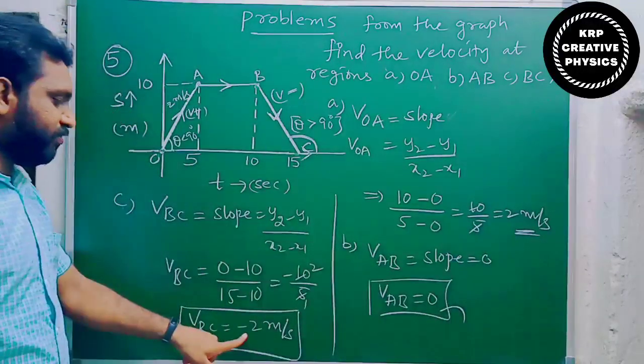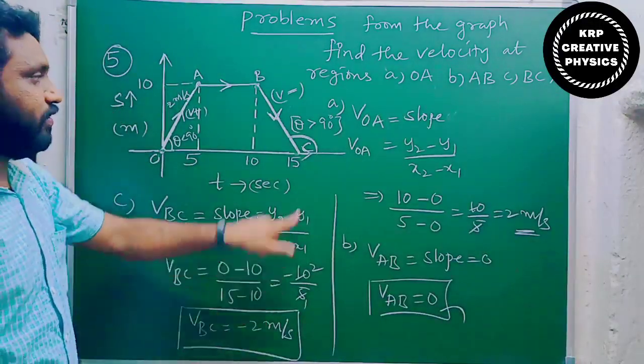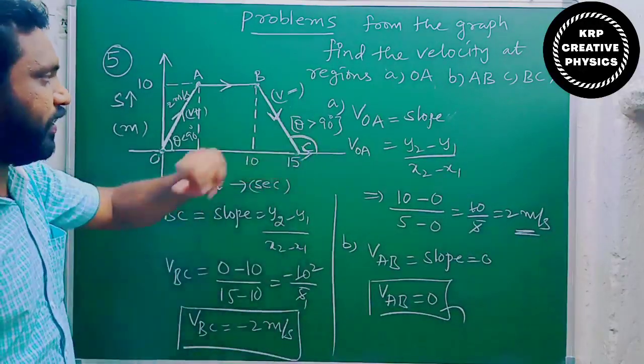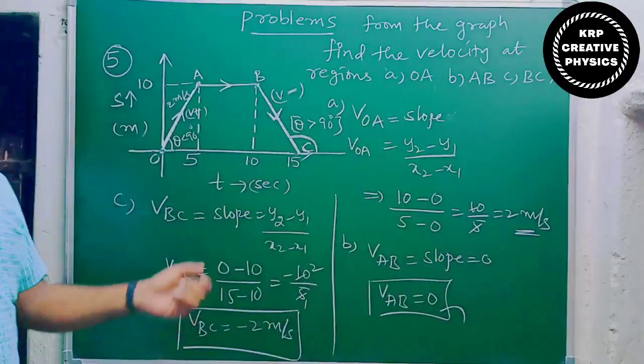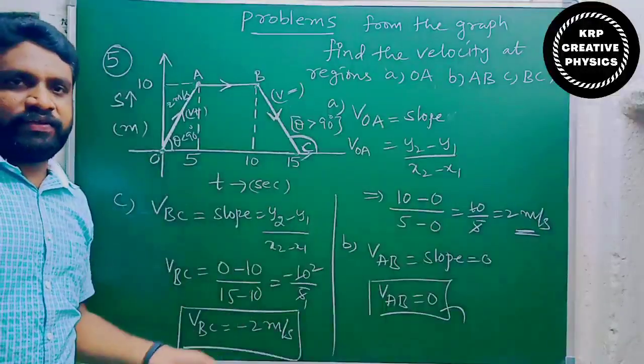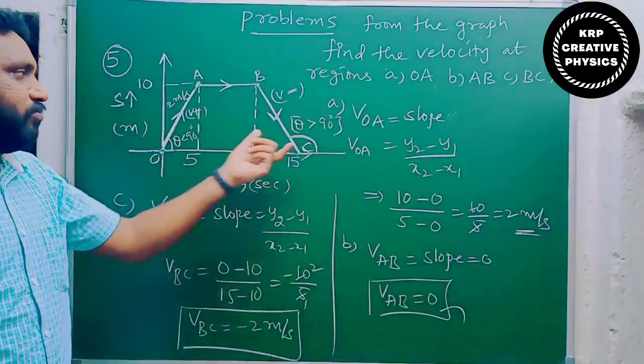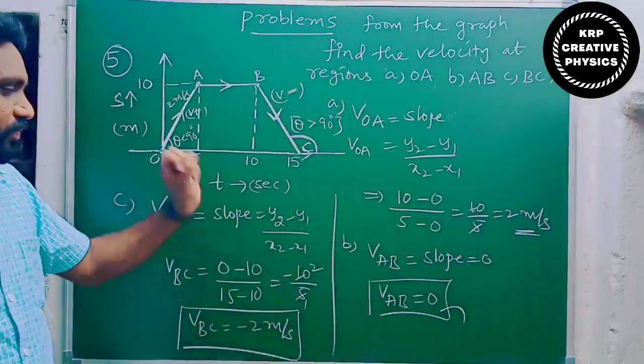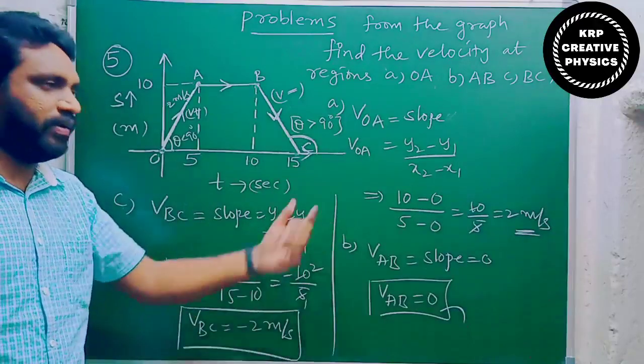Now, do all of you understand why we got a negative value here? It is the angle. The angle made with the x-axis with respect to slope is more than 90 degrees. Whenever the angle between the slope and x-axis becomes more than 90 degrees, it becomes negative. If it is less than 90 degrees, it is positive. It is also proved here. Practically it is proved with this particular problem.